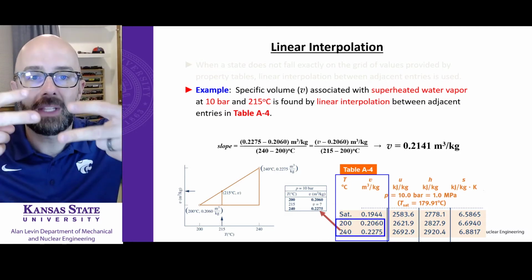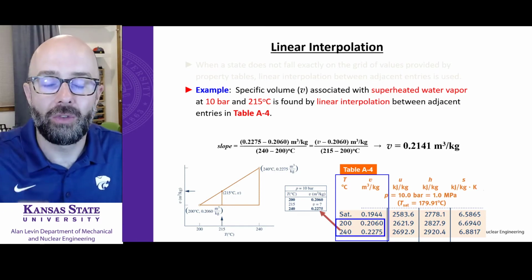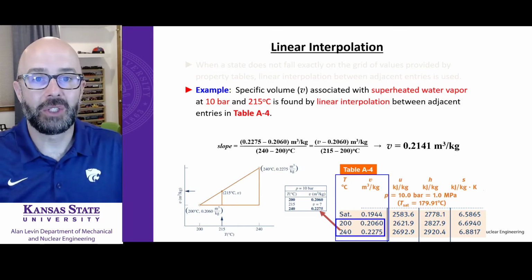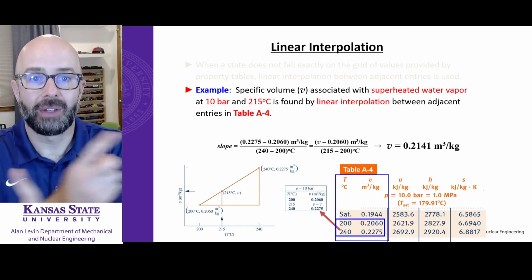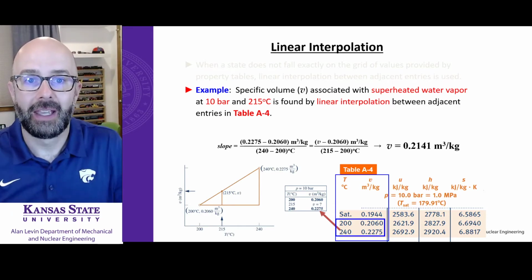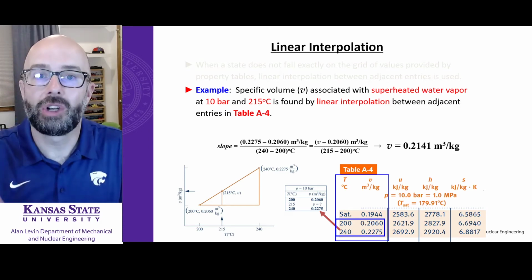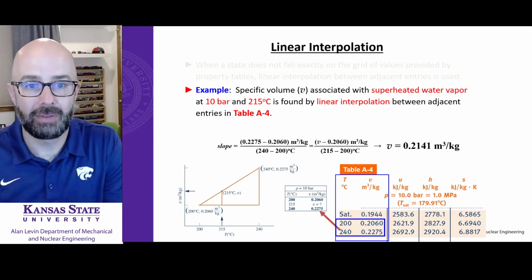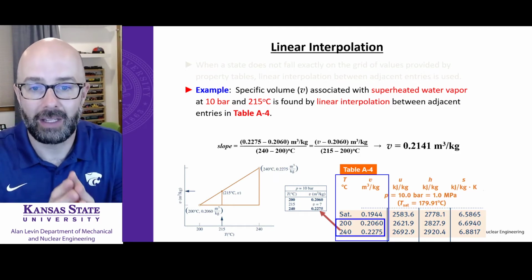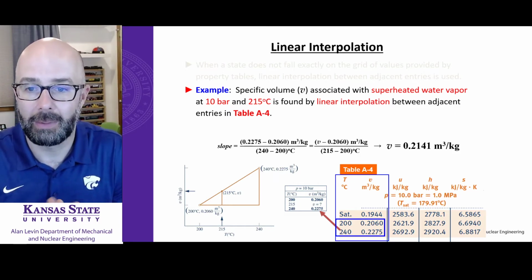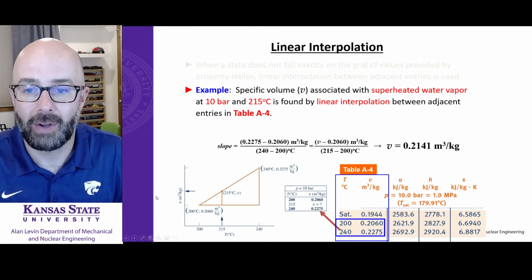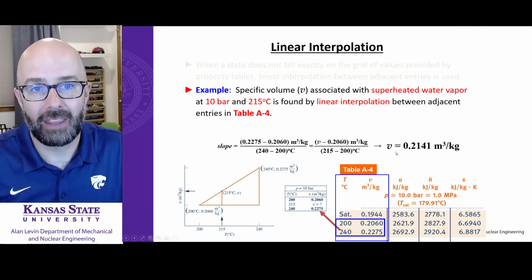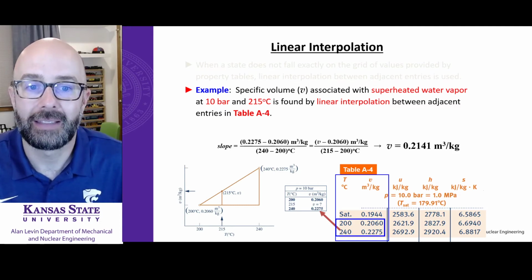I could also flip this equation and do temperature over specific volume. Okay? Or I could do initial minus final over initial minus final. It doesn't matter. I encourage you to play around with this. As long as we have these things matched up so that we're subtracting those two, we're going to be fine. And this is what we're going to do to find specific volume. Okay? That is going to be a common thing that you're going to have to do this semester,